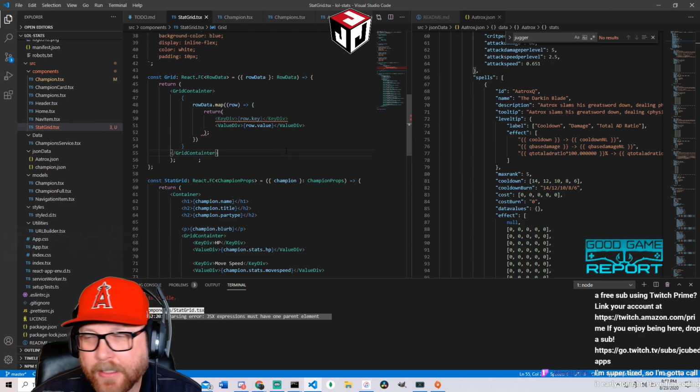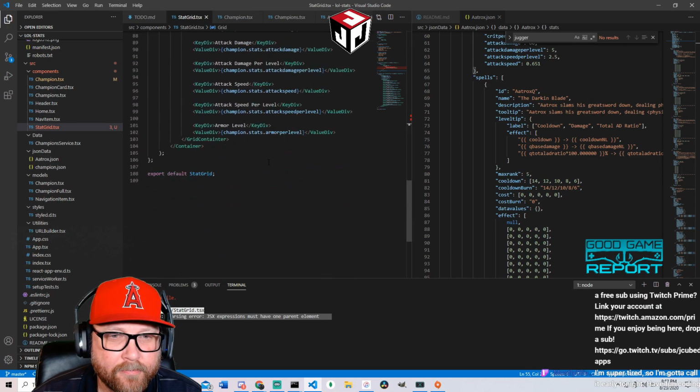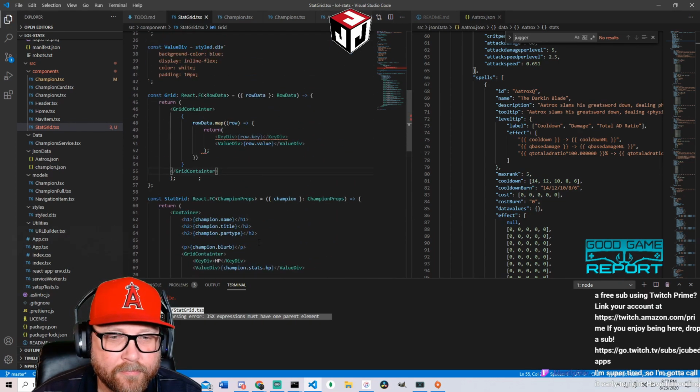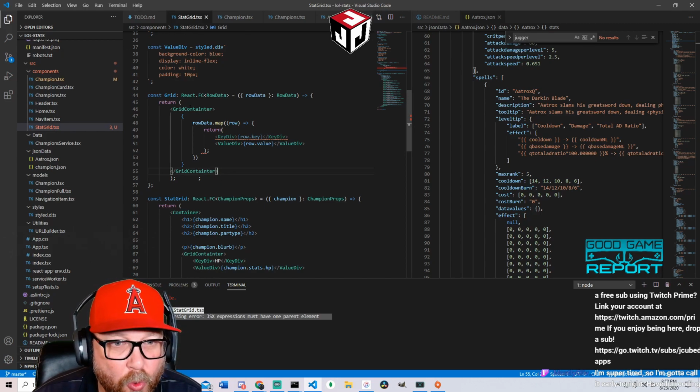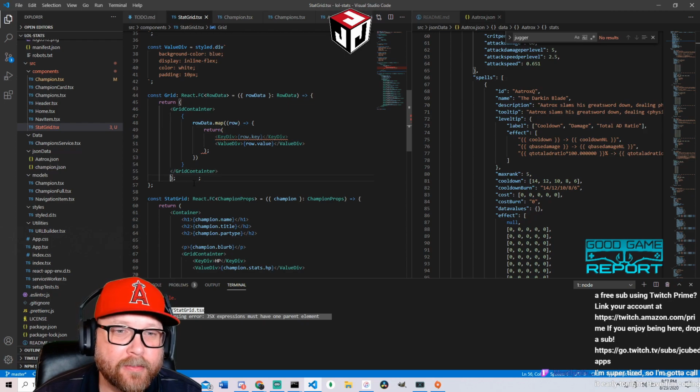It should be working. Parsing error. JSX must have one parent element. They do. It's the grid container.